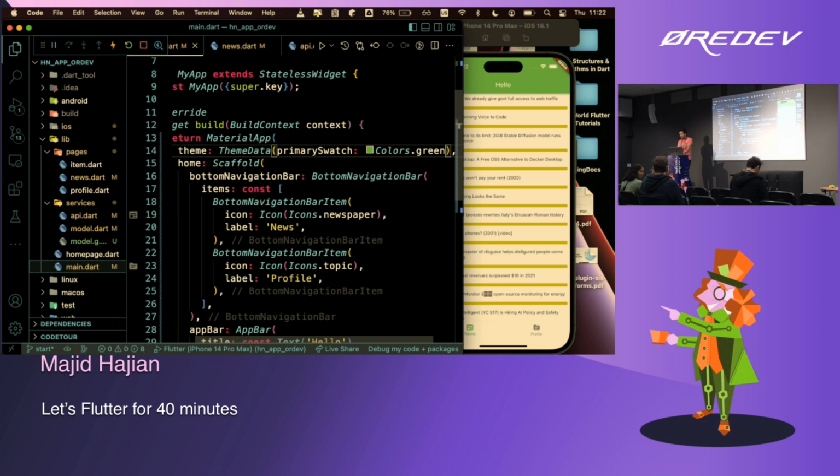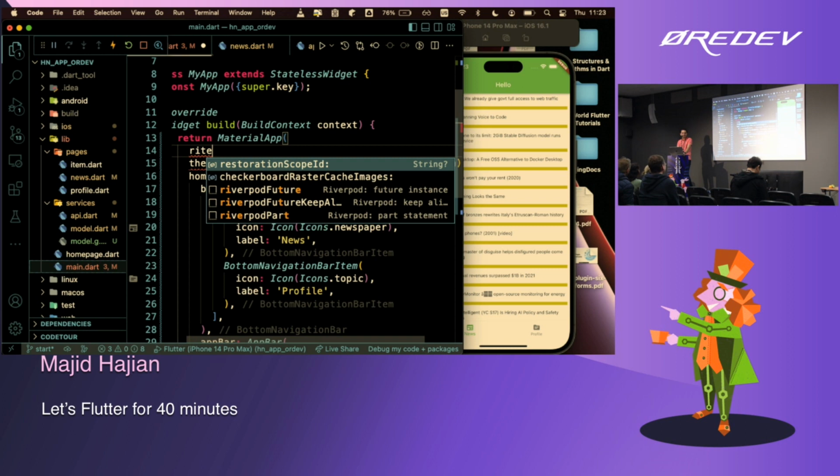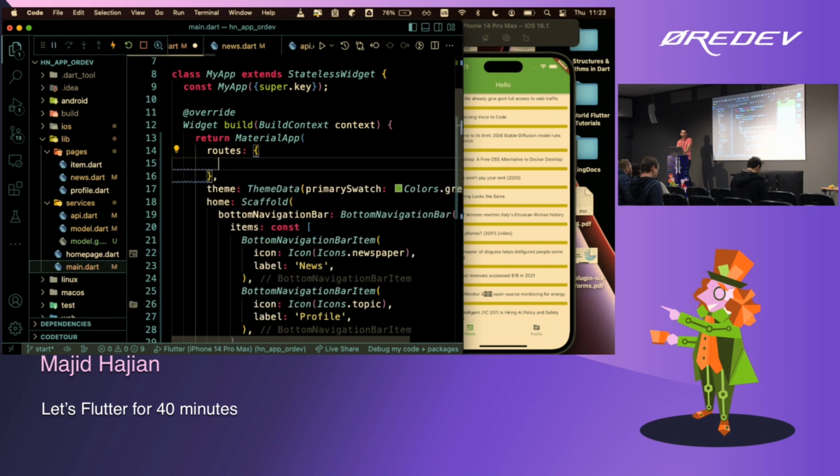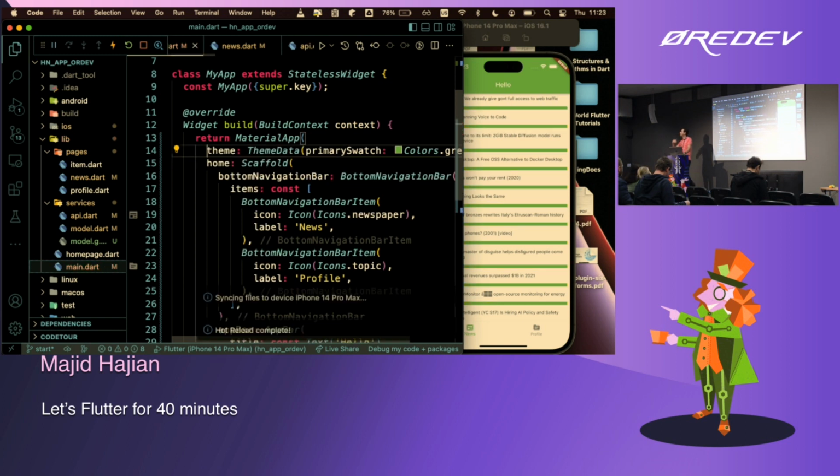All right, so we didn't get time to create another page, but in fact, another page is as simple as defining your route in the MaterialApp. You just say these are my routes, and you define your map and give it a name. For example, this is going to be the home page, and another will be /blah, and it's going to be another page. Then you can push and create a stack of pages, as simple as that. So Navigator is also part of Flutter, at least Navigator 1. There are 2 types of navigators.